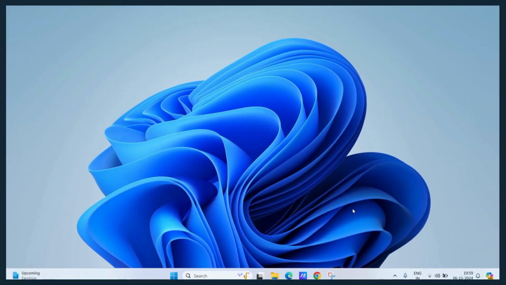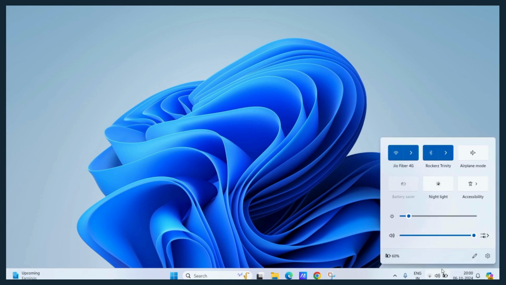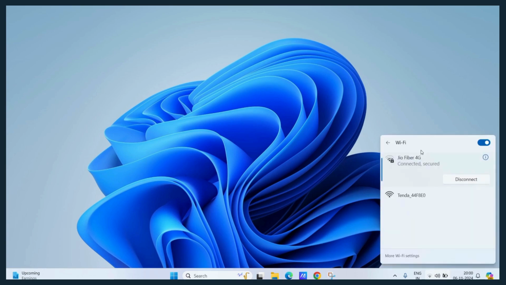Welcome to this tutorial. In this tutorial, I will show you how you can view the password of the Wi-Fi to which you are connected in your Windows computer. Right now, I am connected to my Wi-Fi, and if I want to know the password, then I need to